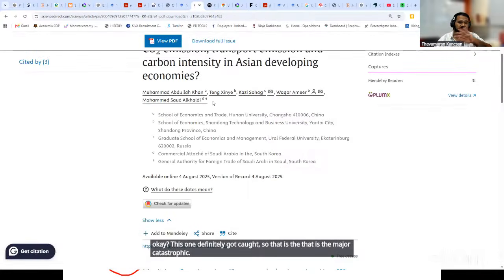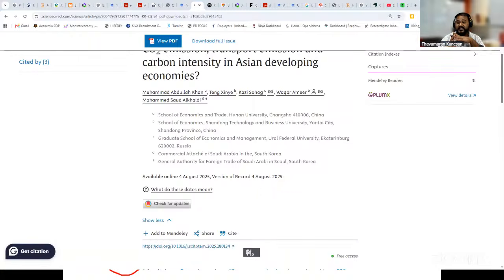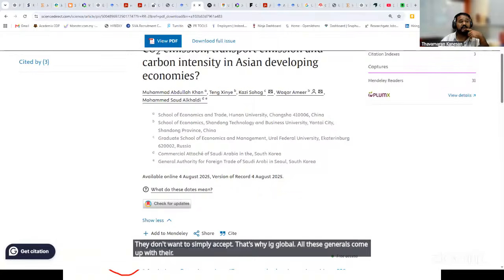So the student is destroyed, or the authors are destroyed. The journal is destroyed as well. That's why all other publishers are awakened now. They don't want to simply accept. That's why IGI Global and all these publishers come up with their own solutions. Okay, now before we go into that,